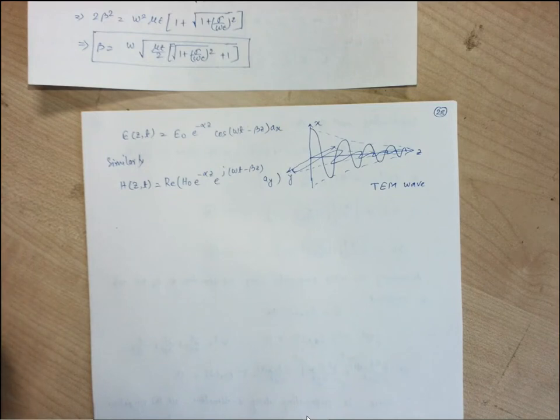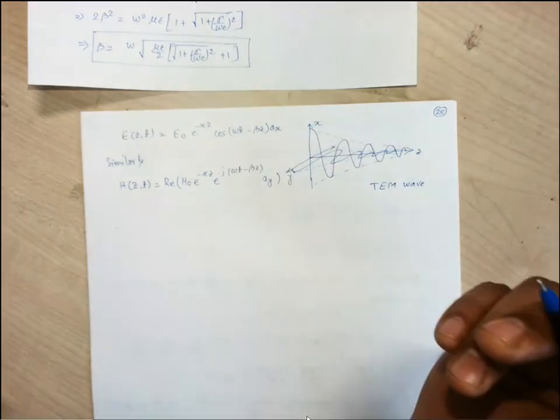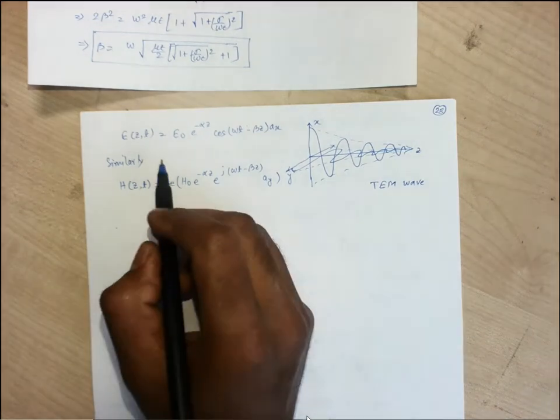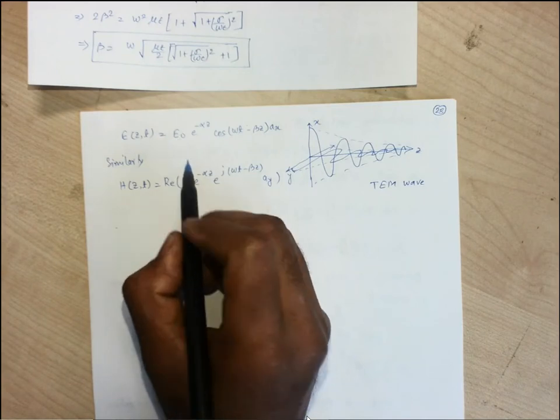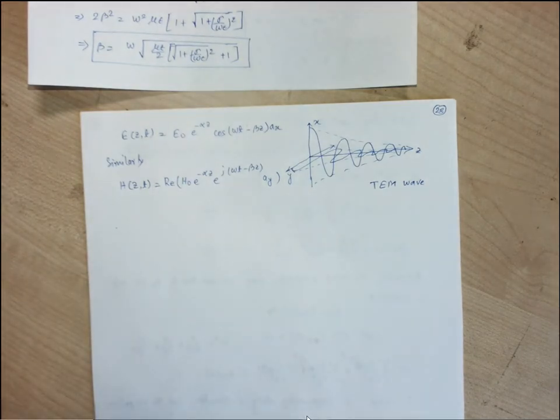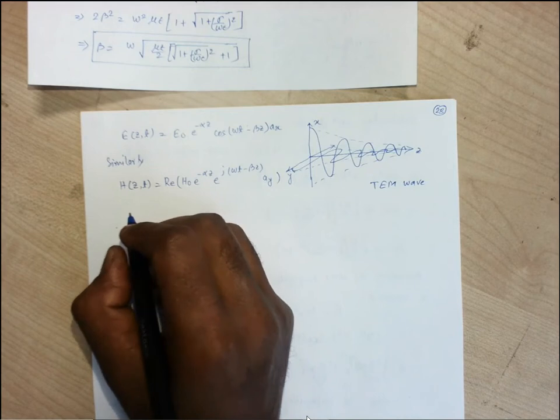So in free space, when the wave is propagating in an unbounded medium, unbounded means no boundary to meet it in any direction. In free space, it is independent. So in free space, TEM wave exists, and this kind of waves have the electric field and magnetic field, both of them completely lying on the transverse plane. Okay. So if we consider the maximum value of electric field is E0, maximum value of magnetic field is H0. So easily we can find out the impedance of the medium, that is known as intrinsic impedance of the medium.